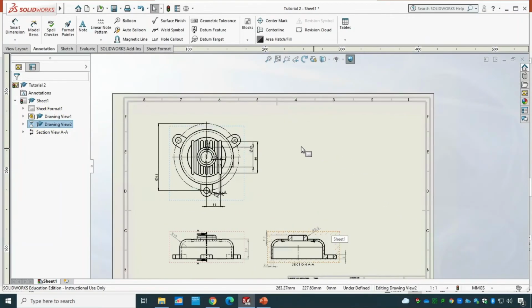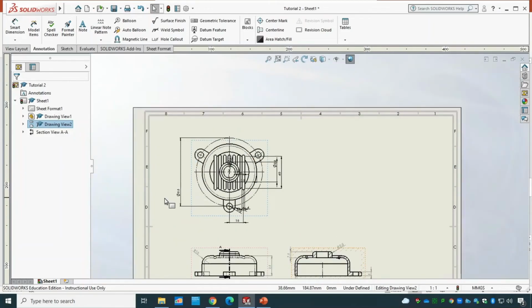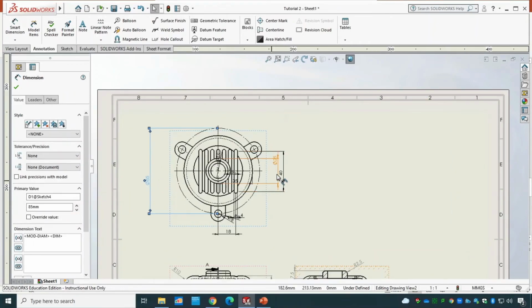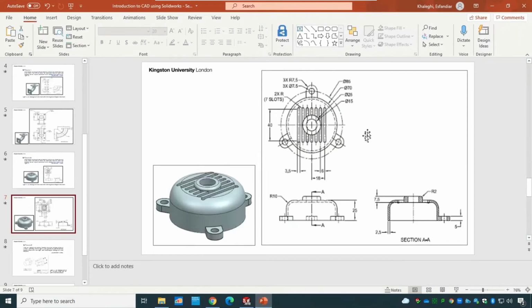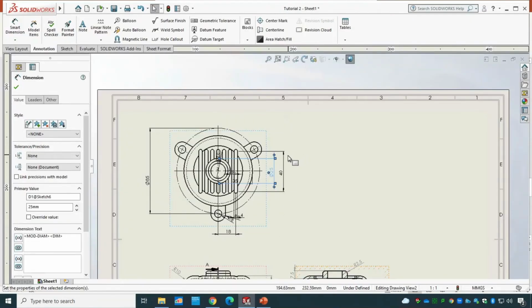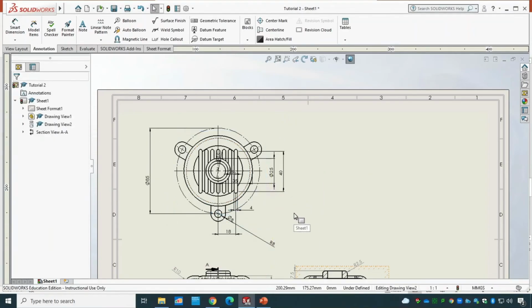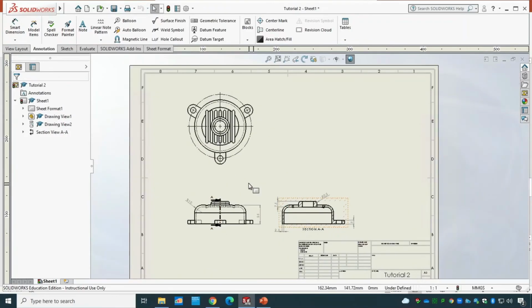So in here, some of the dimensions give me, for instance, this one is 85. That's fine, and so it's okay. The only difference here is just the orientation if you compare it with this one. But to be honest, I prefer the manual. That's why I'm gonna do a Control Z. But again, all the dimensions are correct, and you can see these are all useful that you can use. But to be honest, I prefer to do it manually, just to make sure I have all the dimensions. Let me quickly do a Control Z, and